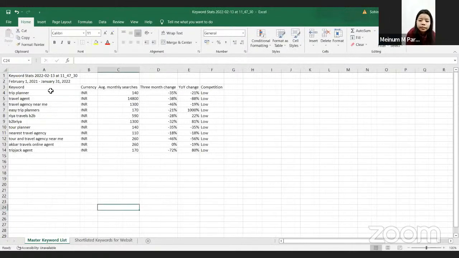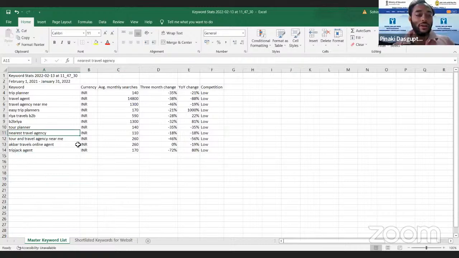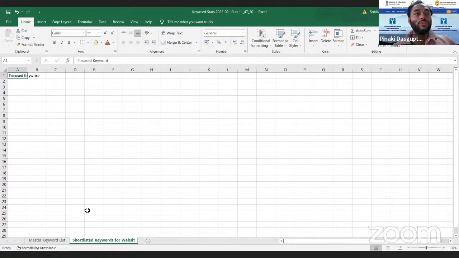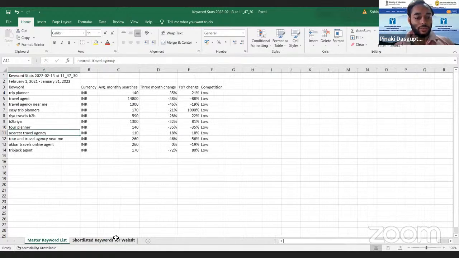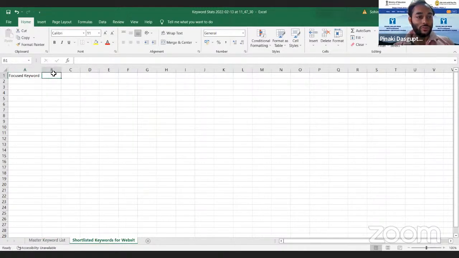Okay. So this is the master keyword list. There can be 100 keywords in this list. Now you have to shortlist 2, 3, a few of the keywords based on your page. So say I am selecting these 5 keywords. Now my task is to create a table.